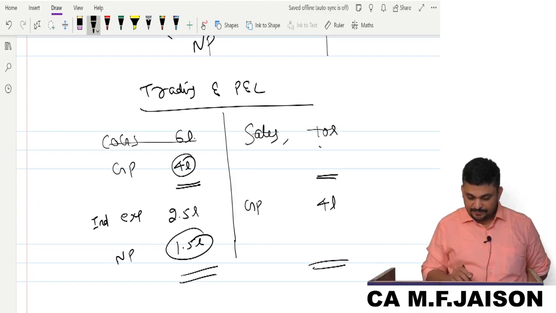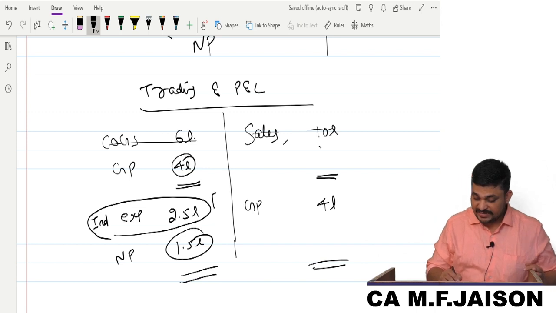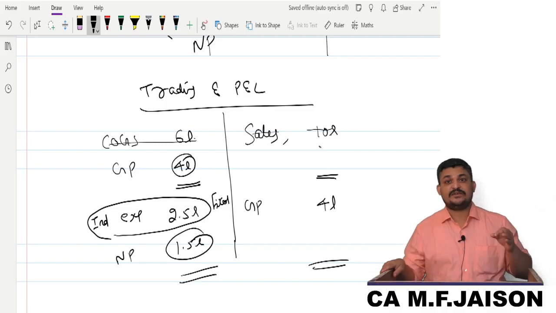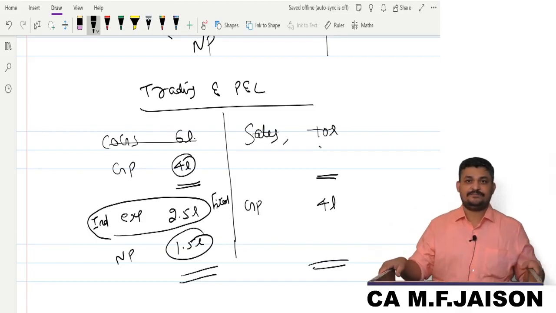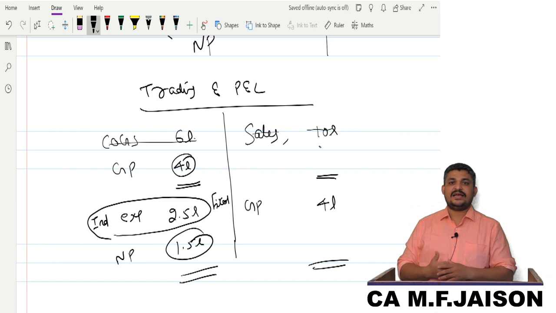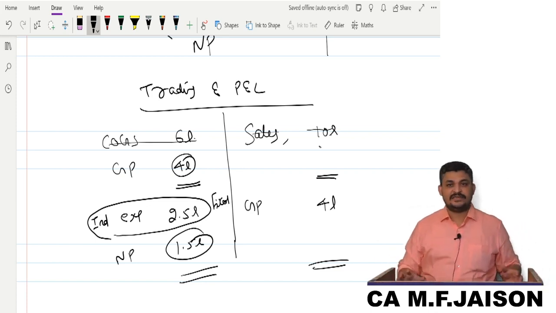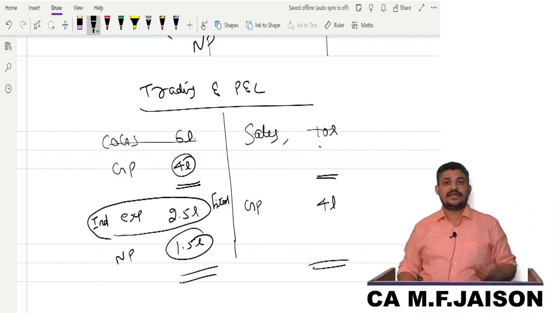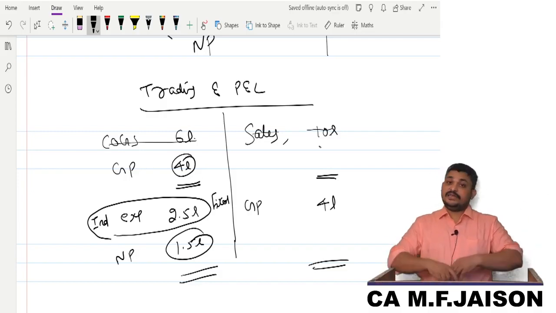But the point is, most of the expenses in P&L are fixed in nature. Most of the expenses in P&L are fixed cost. So rent, interest, the major components of expenditure, I am telling, rent and interest. Just because there was a fire accident in our place, you will still pay rent. You still have to pay the interest on whatever loan you have taken from the bank, correct? So these fixed costs, anyway you have to pay.